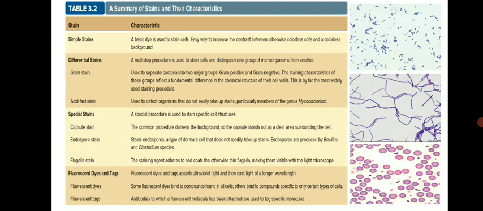The polyphasic approach uses phenotypic analysis as well as genotypic analysis, then phylogenetic analysis. Poly means many. So when we use many approaches, more than one approach, for identification of microbes, that combined approach is known as the polyphasic approach.